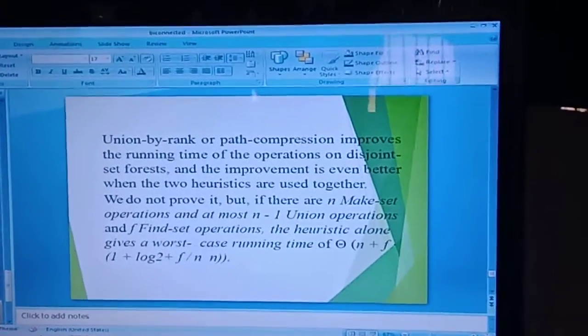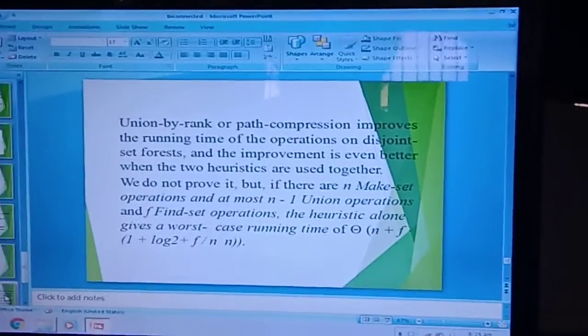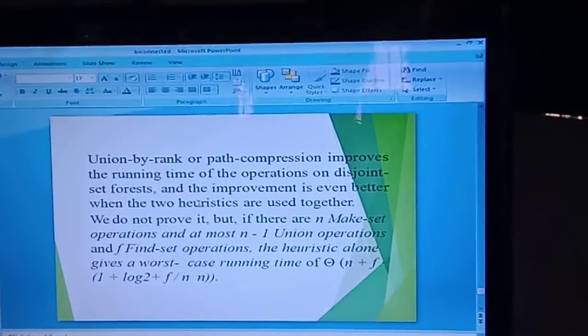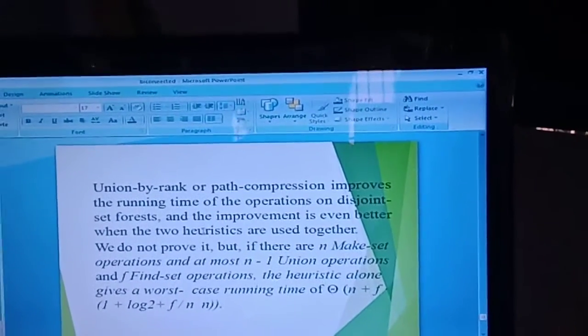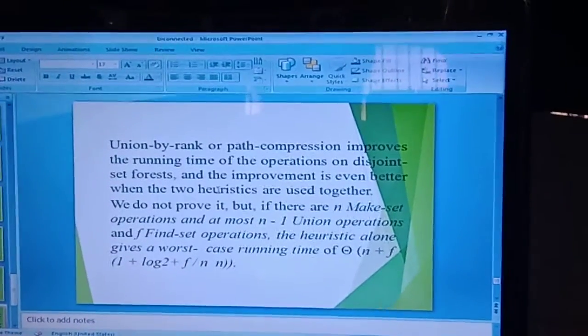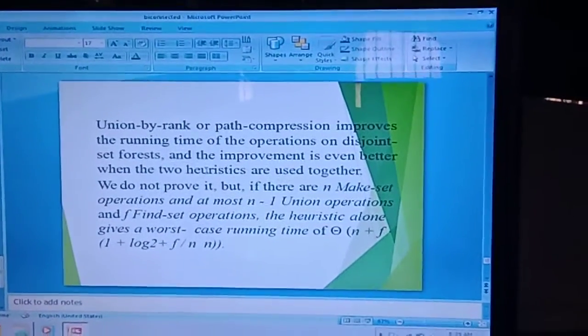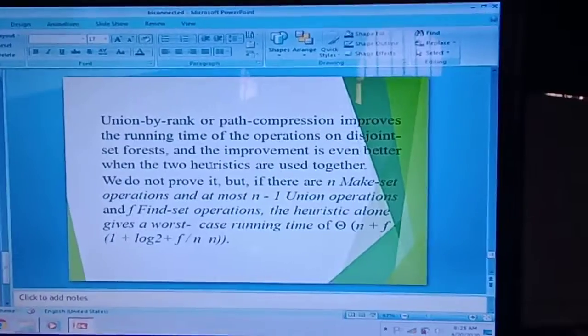So union by rank or path compression on find, both improve the running time of the operations on a disjoint set forest, and the improvement is even better when the two heuristic methods are used together.